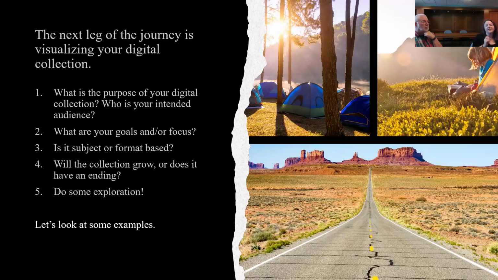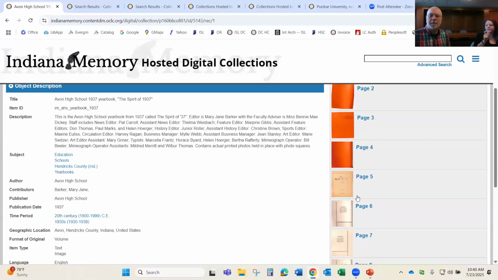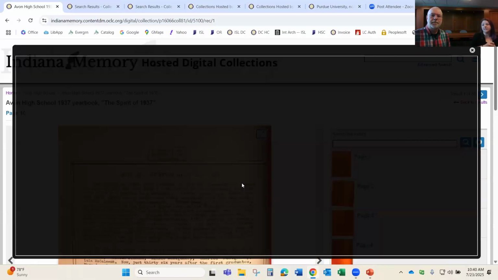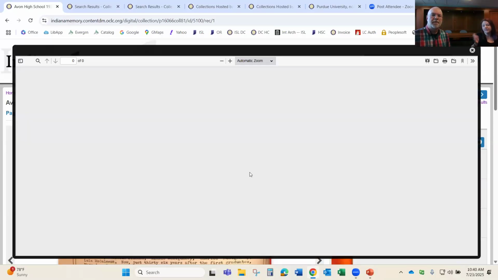My rule of thumb is if you can read it. Basically, if you want to know if your thing is too compressed, too small, or hasn't been scanned at a high enough DPI or PPI, depending on what you're using, which is dots per inch if you're talking about printing, and pixels per inch. They're pretty close, so we almost use them interchangeably. The smaller something is, the higher your PPI needs to be, so if it's a 35 millimeter slide, it needs to be at least 1200